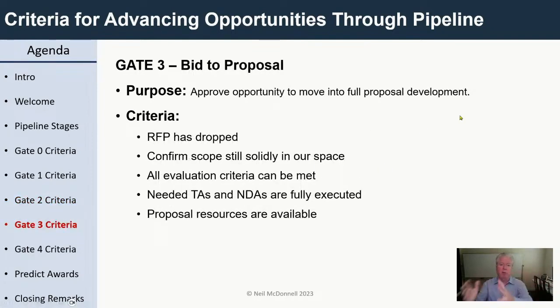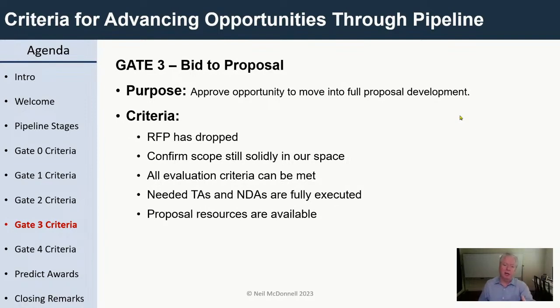So gate 3, we're moving from bid to proposal. And the whole point of this is that if I approve gate 3, when the RFP drops, I'm saying, yes, we're going to write a proposal. That's a huge cost to the company. And so I don't want to approve that until certain criteria is met. First, the RFP's dropped, right? Second, I want to confirm, and this is a big deal to me, is that